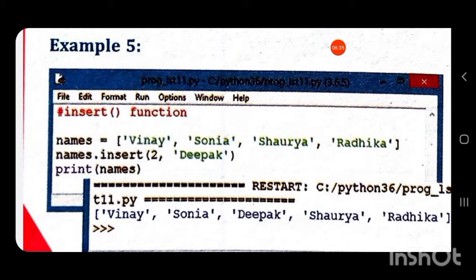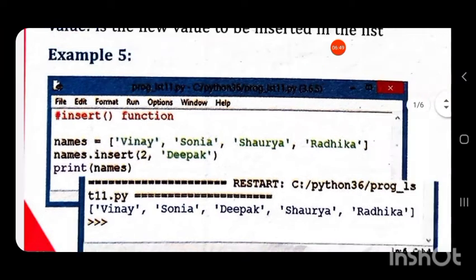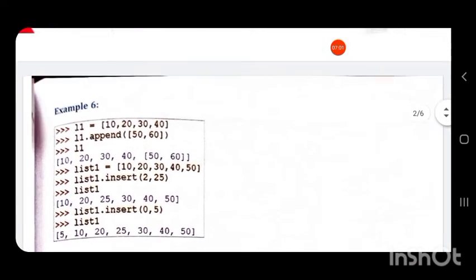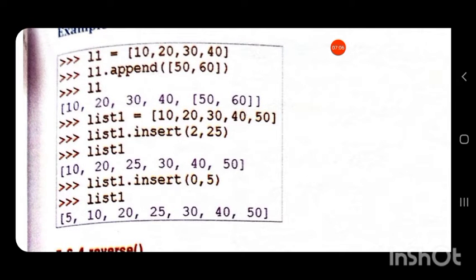That is, Vinay is at index position 0, then Sonia is at index position 1, then at index position 2 the value Deepak will be inserted. So you can see the new value Deepak is inserted at index position 2. So you can see a comparison between append and insert.